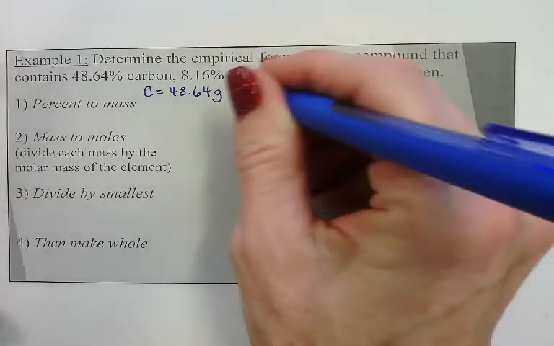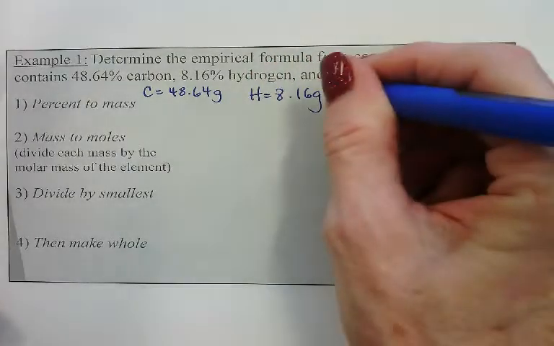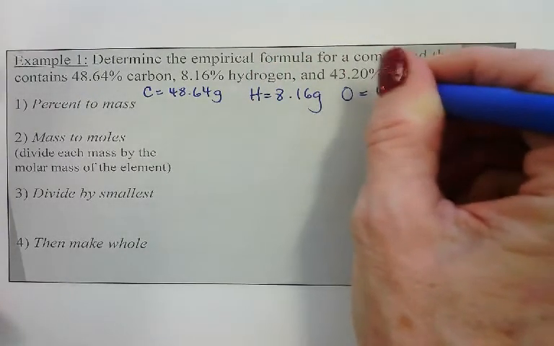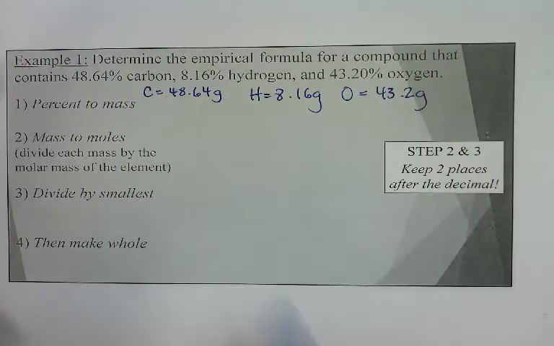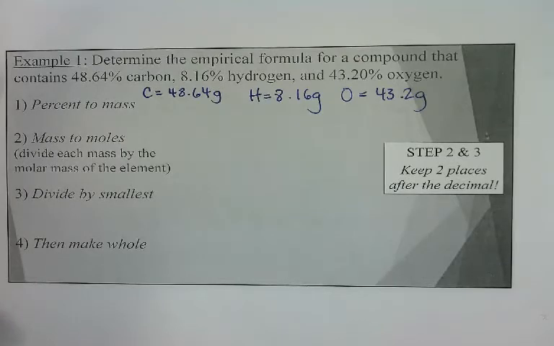Percent to mass for hydrogen, 8.16 grams. And oxygen, 43.2 grams. Percent to mass. I did it. I changed the percent sign to a G. Mass to moles. So in order to find the number of moles of something, you have to divide by molar